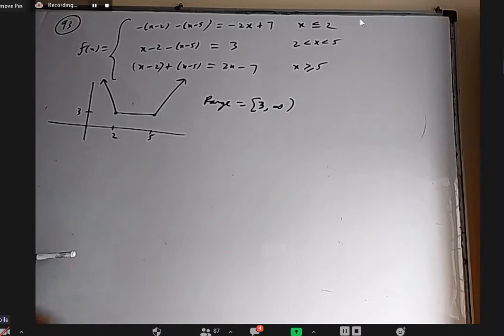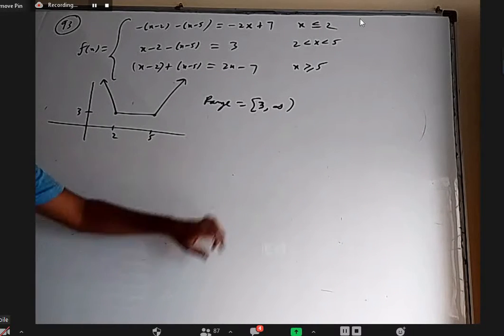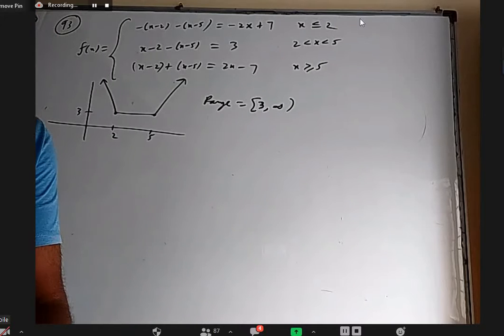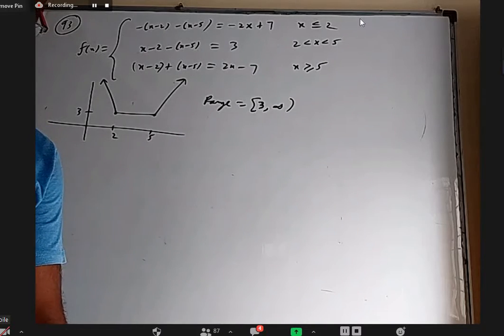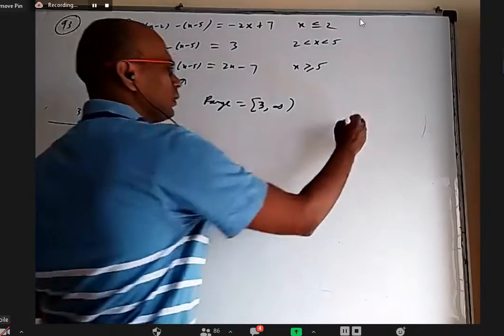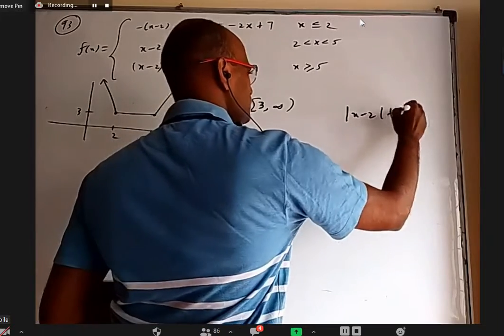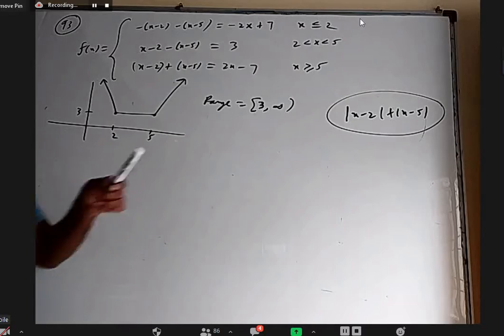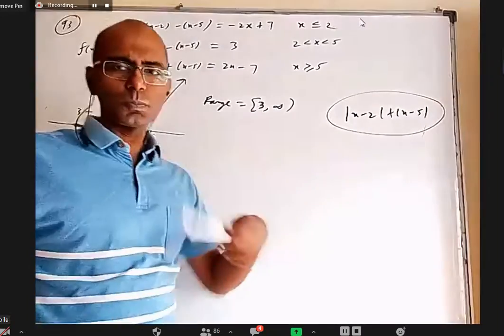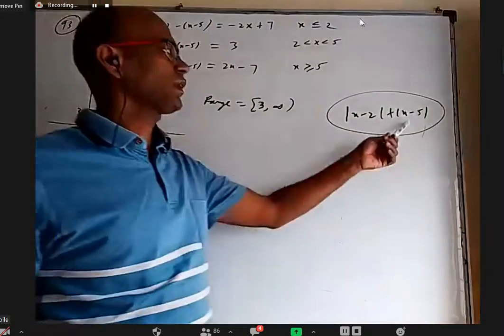Okay, fine. This graph we discussed earlier also, when we discussed the absolute value function, mod. But still, mod x minus 2 plus mod x minus 5, that is the question. So I have to remove the mod. For that I have to know whether x minus 2 is positive or negative, and whether x minus 5 is positive or negative.